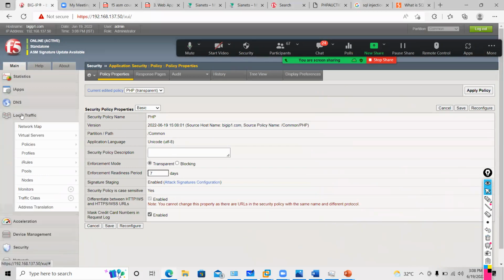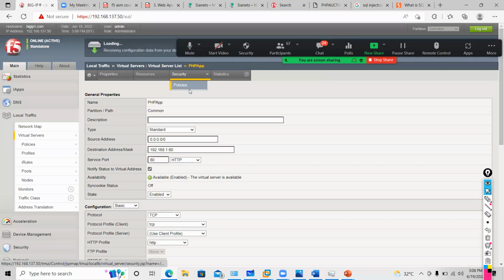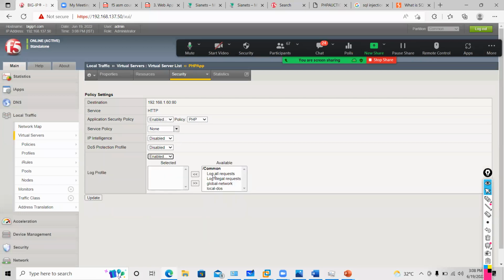Now I will go to local traffic, virtual server. I will go to security, policies, I will enable. See, I'm getting a PHP and I will say log profile. I want to log all requests, what is coming in and out.